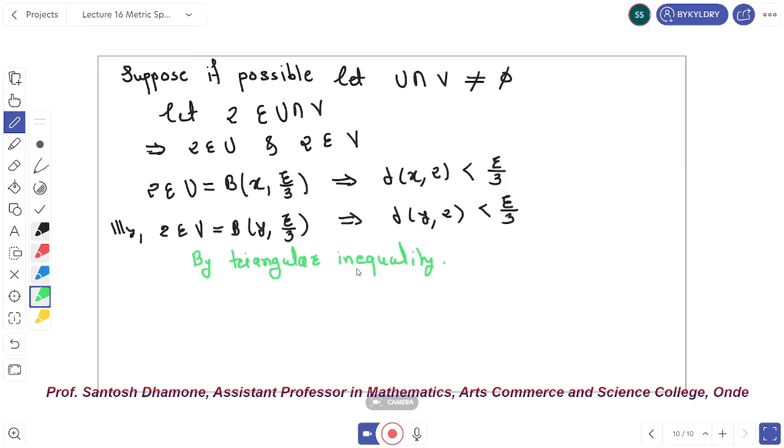In today's lecture, we studied the diameter of a set and the Hausdorff property of metric space. Today we complete our unit first, and the unit test of first on this topic, unit first of metric spaces, will be conducted on 6th September 2021. So study hard and solve all problems for unit test first.